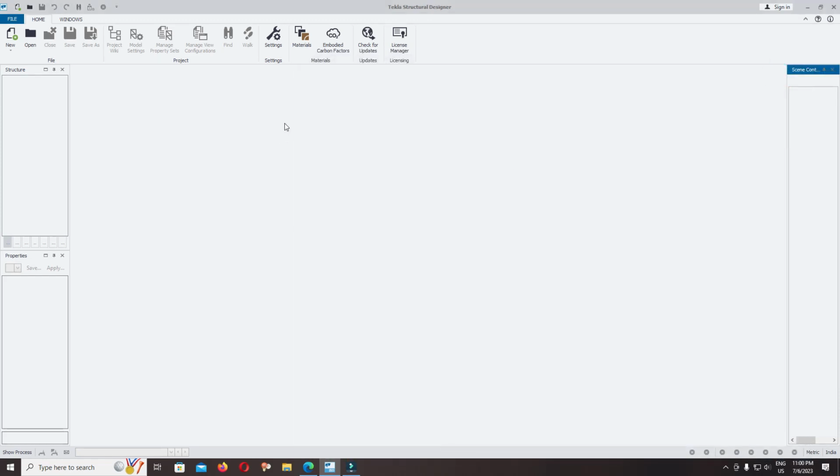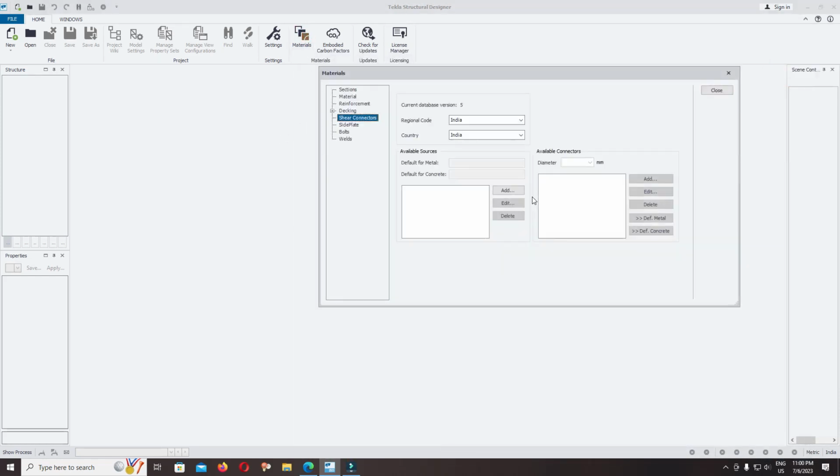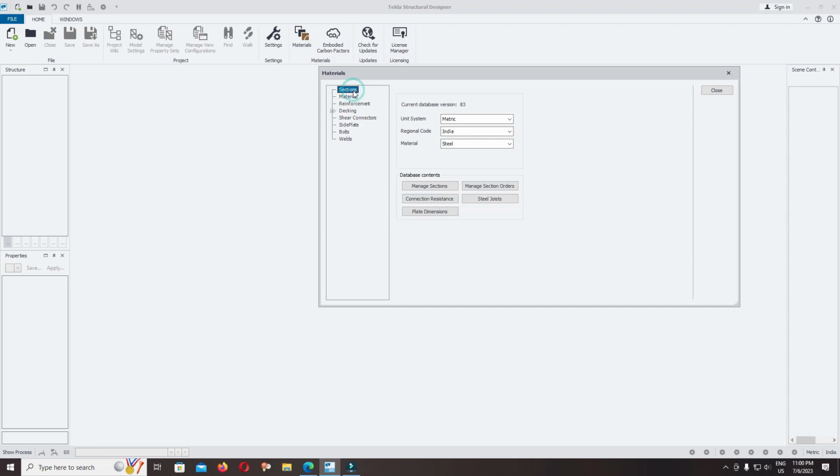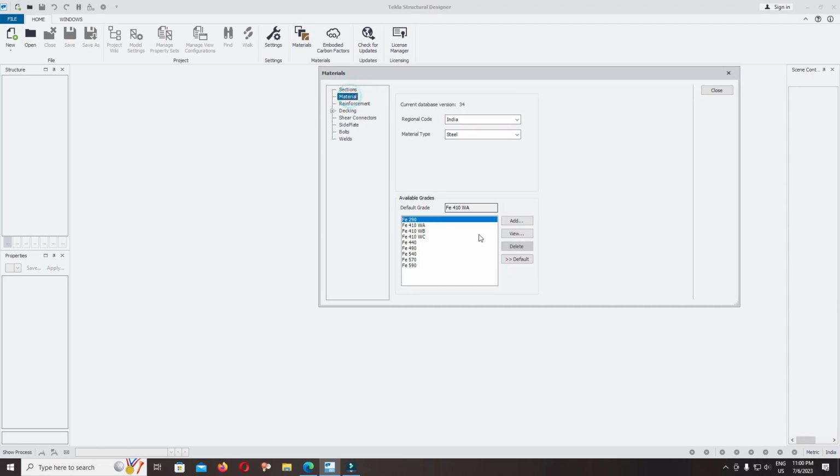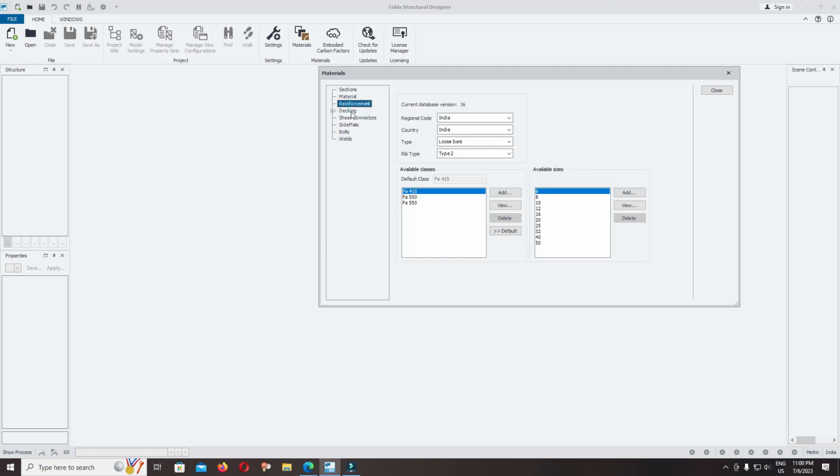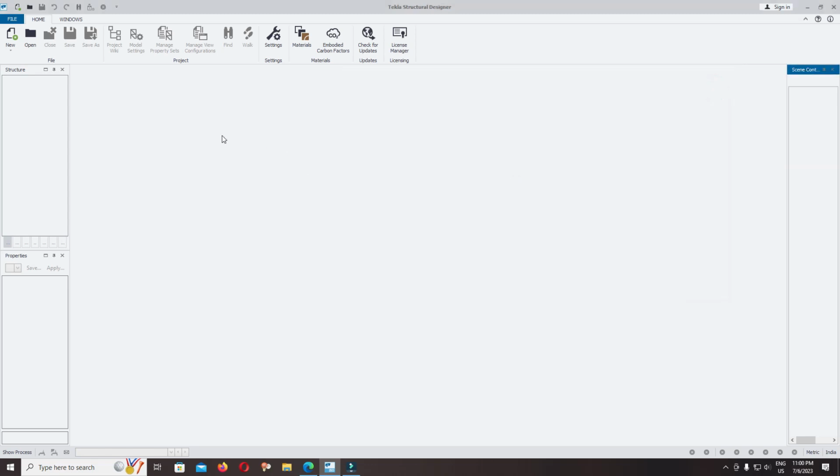Click OK, click on Material, check for the section material available in the India steel types, material SE 290 to SE 590. Reinforcement. Okay, click Close, create new project,